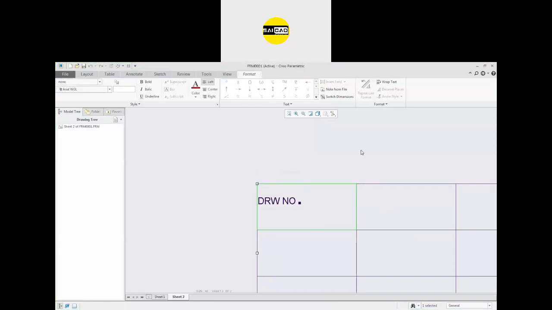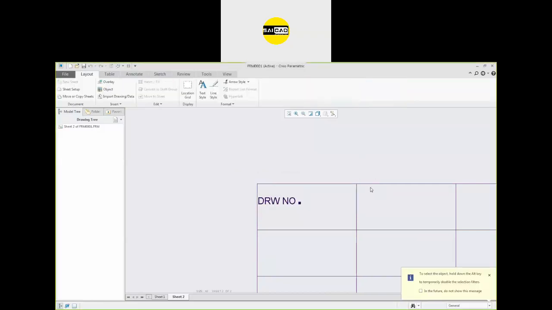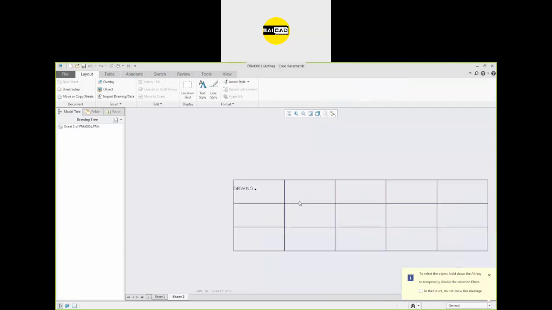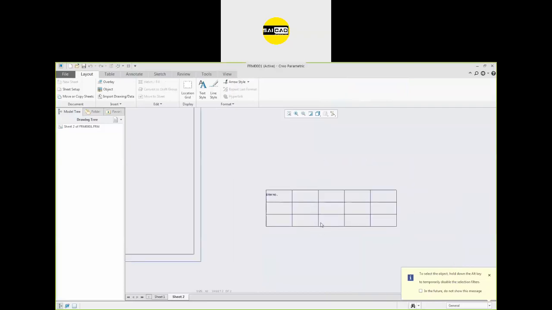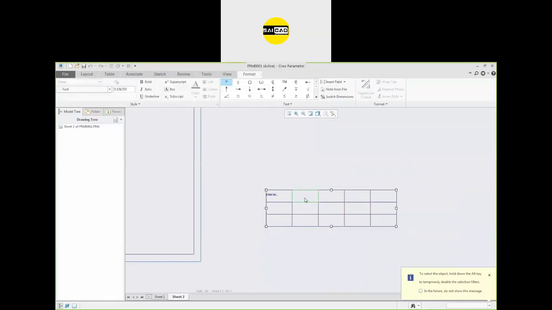So now just double click outside, okay, select the table, double click here and define the new option here. So like that you can edit this one.